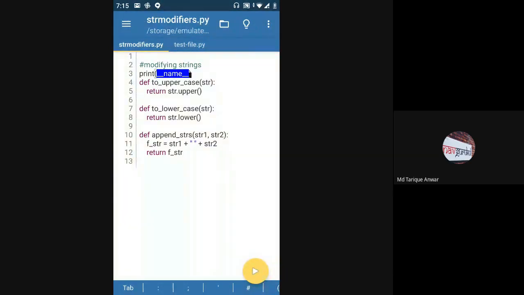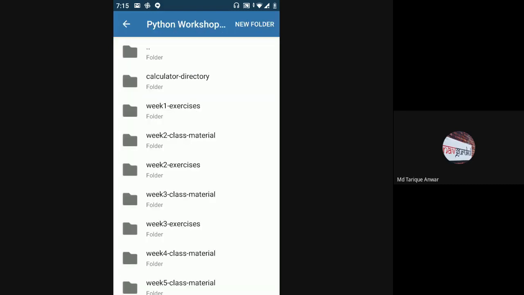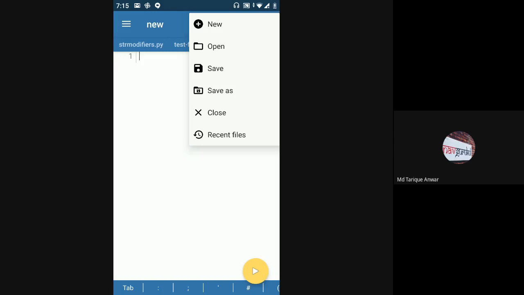So instead of putting that module inside a package, I'll just show you in a separate file, a module without a package. I'll go here and create one more module, but I'll save this outside of the package. So this will be just a module, not a module inside of a package.